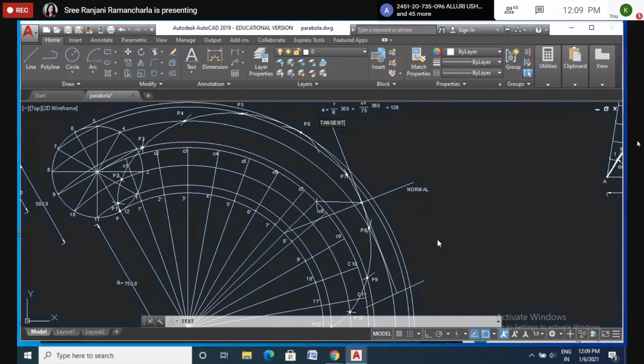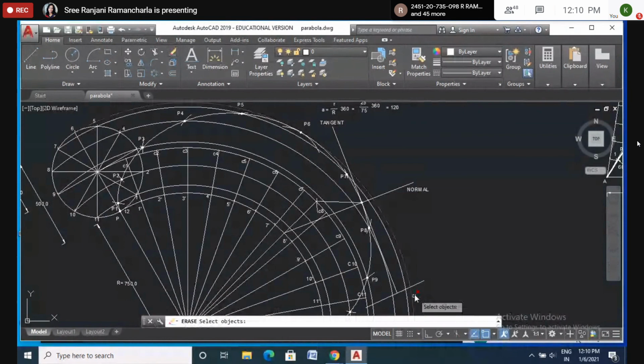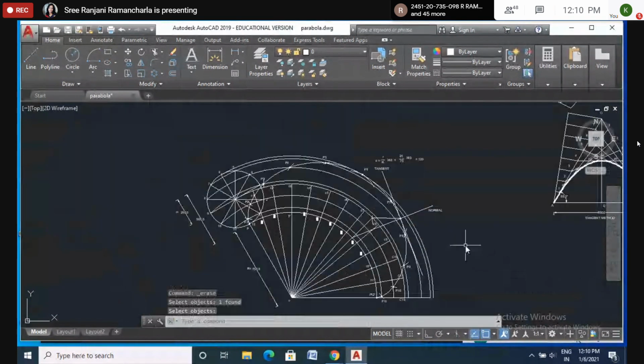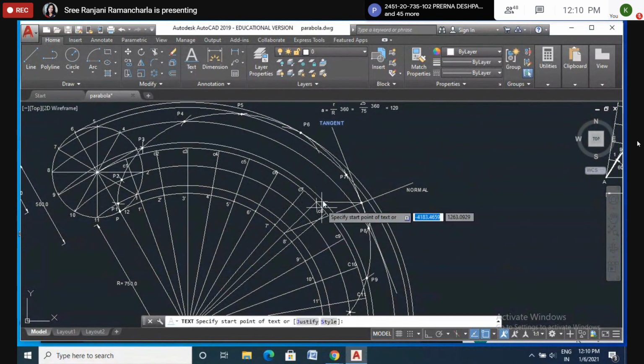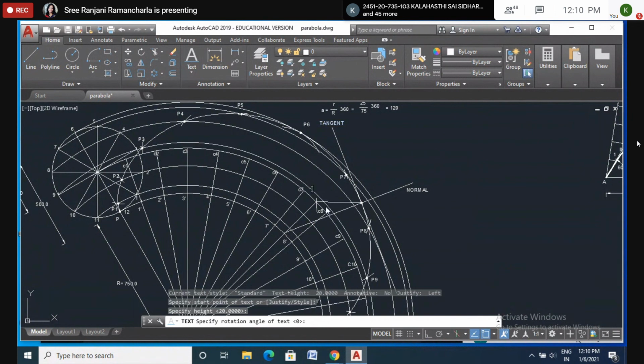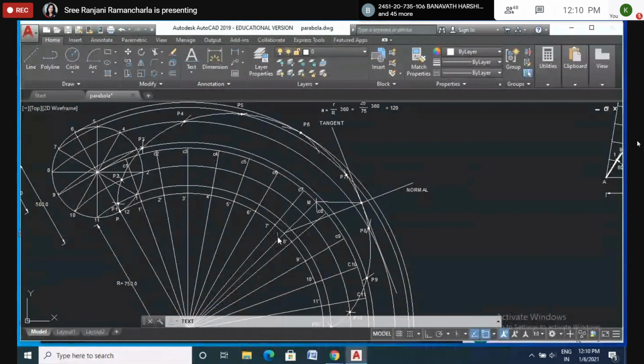Now is it clear to all of you? Yes, the total figure is finished. Yes, now it's clear. Now I want to highlight these points. Now here you make it as M. Here M dash. Okay, so only a little bit is left, so I will make that one also. This one is M. And this one is M dash.